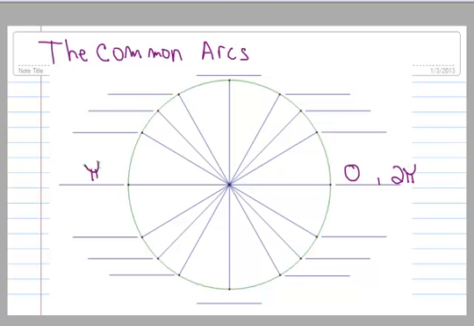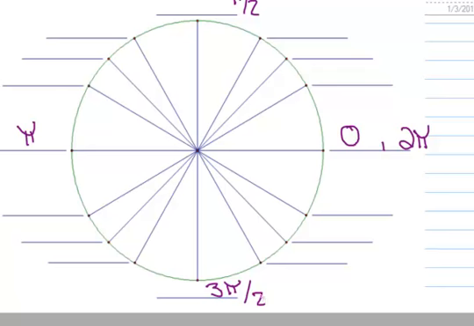Then let's jump over here and we're going to call this one pi, and then let's jump up here, and my arc thing is right in the way there, so I'm going to move over here and write pi over 2, and then I'm going to jump down here and write 3 pi over 2. And then we did quarters, so that makes this one pi over 4, and that makes this one here 3 pi over 4, and that makes this one down here 5 pi over 4, and then this one over here